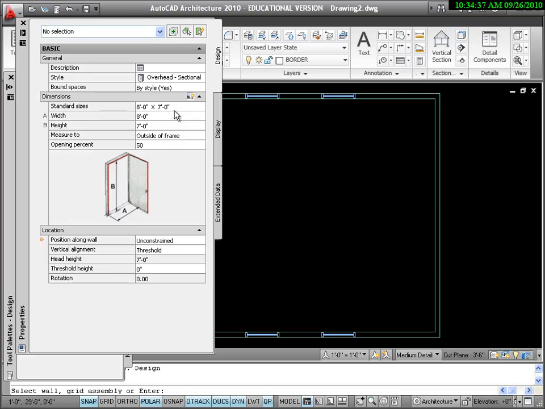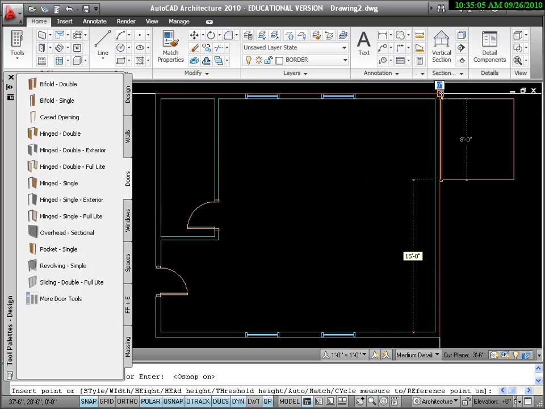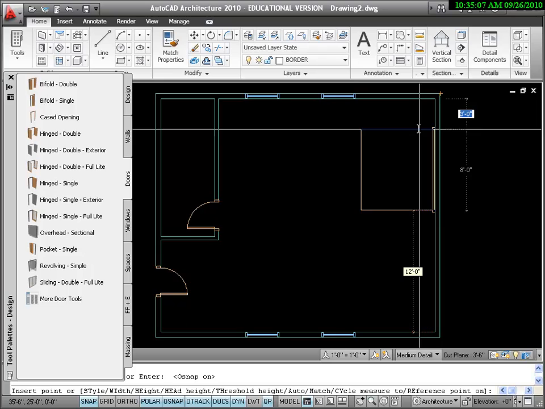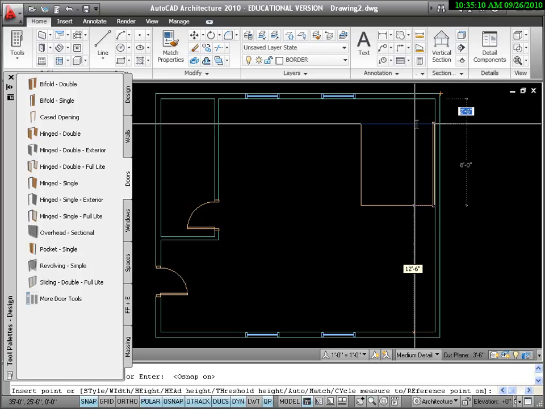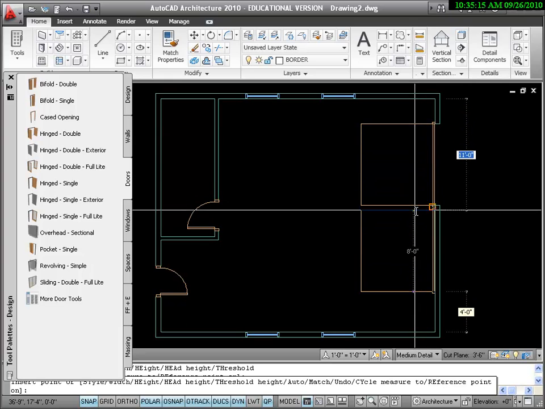And this will allow us to use an overhead sectional door style, as it will be indicated there. And we want our height to be 8 feet and our width to be 7 feet. And again, we can measure this to the outside of the frame and leave the opening percent at 50. So now we're going to make sure our object snap is turned on, but we're going to click on the furthest right exterior wall, and we're going to measure from the upper right corner. We're going to come down 2 feet 6 inches and click to place that door,